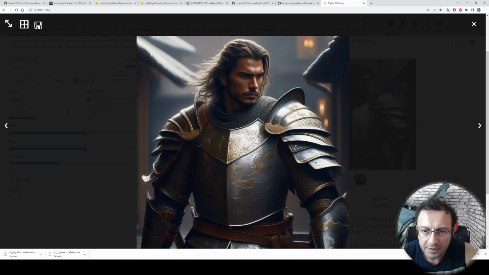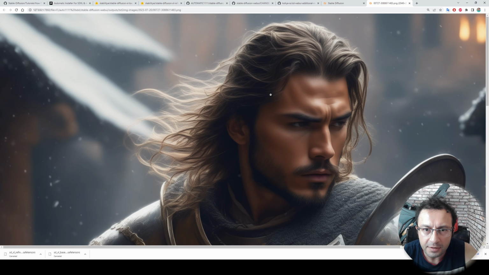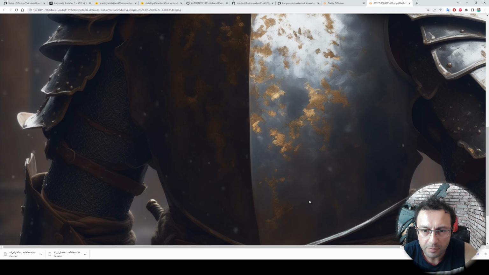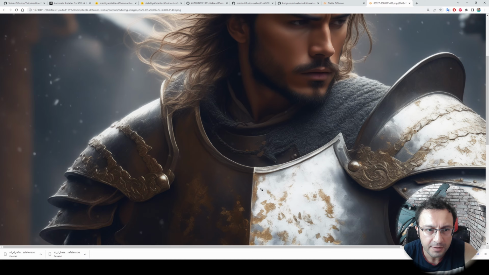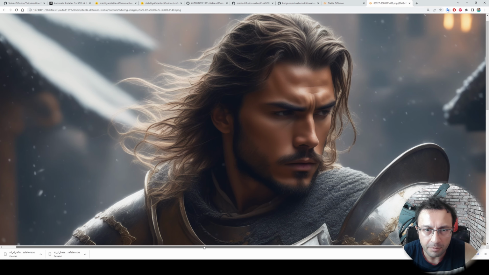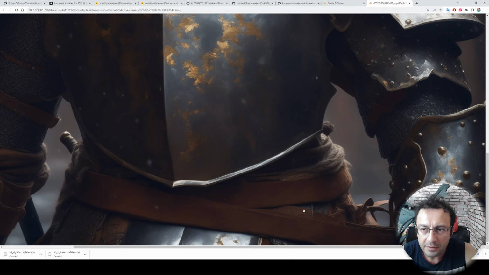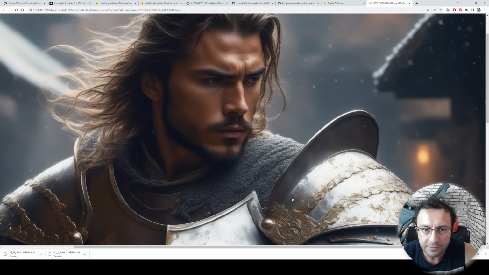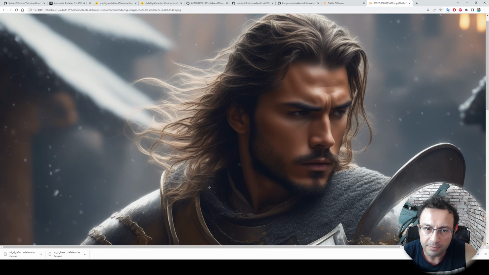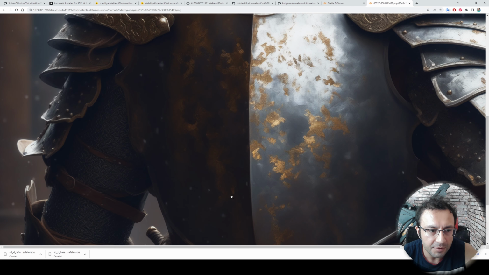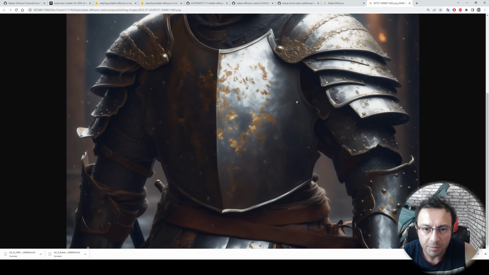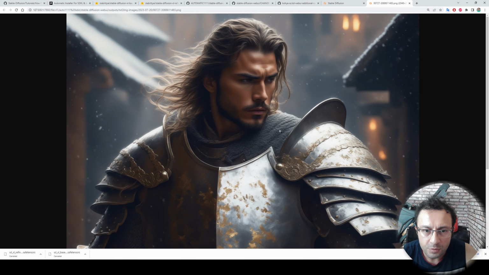Okay, the image has been generated. Let's look at the details. Okay, you see this is 4 megapixels with high resolution fix, and the details are just amazing quality, and this is without the refiner. When we have the SDXL refiner, I think it will be the best ever generated images with Stable Diffusion so far. But even this image has so much detail, it is looking amazing.